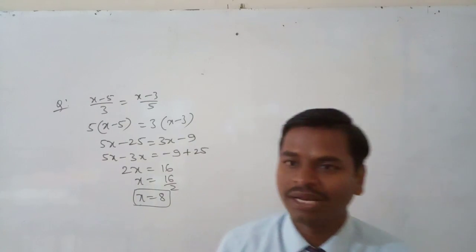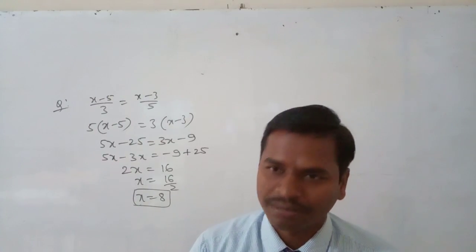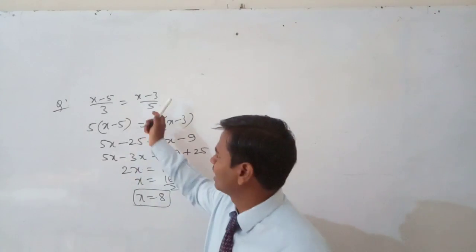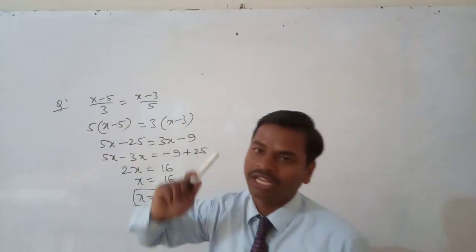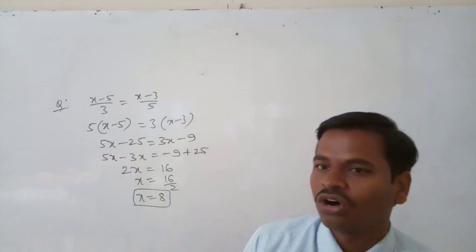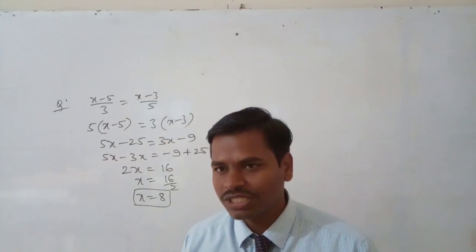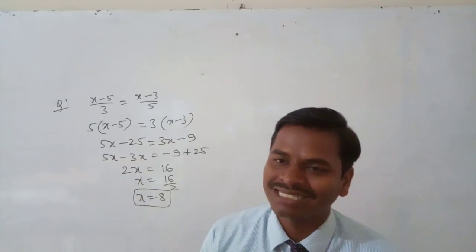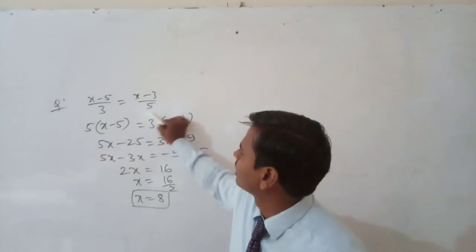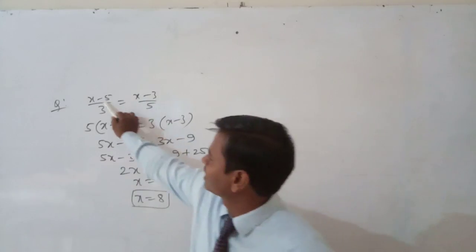The questions are very simple. If you practice more and more, you will get an idea of how to simplify them and how to shift the terms. Multiplication will become division, division will become multiplication. You should be careful about this. While shifting the numbers or terms, we should be careful about which sign and which numbers we are moving. What is the relation between the present numbers? Here the division relation is there, so it will become multiplication.